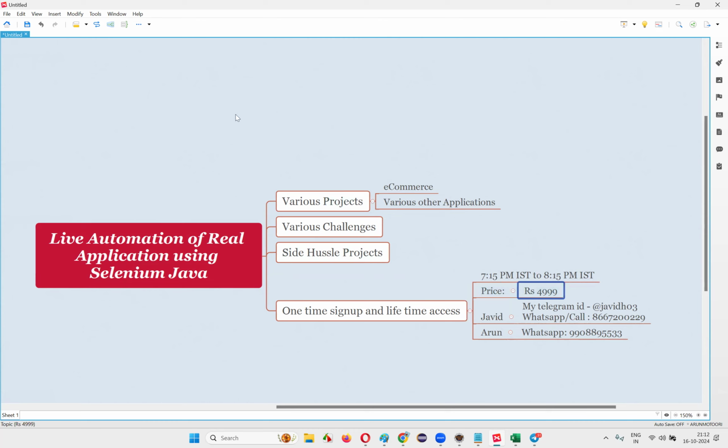The people who are part of the training but not part of the internship have to pay it separately. And the people who are coming newly, who already have the knowledge of Selenium Java and want to join separately, can join also. No problem at all. It's not compulsory to attend my training only.